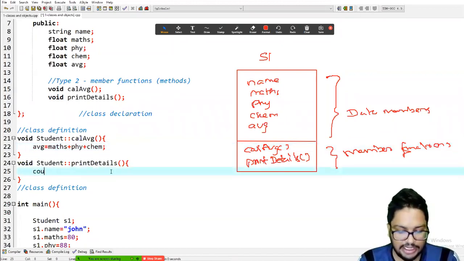So in the print details, we don't, yeah, name,